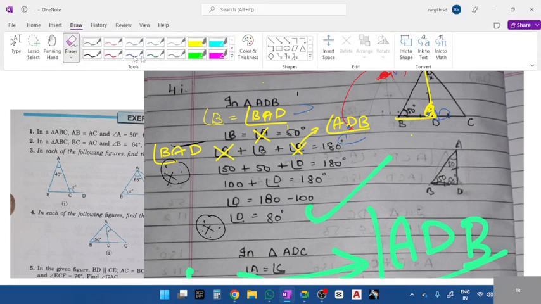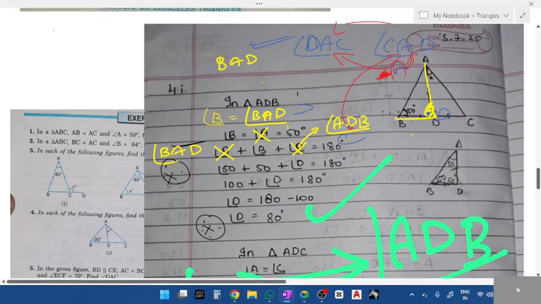Other things are correct. Other things are fine. Only this calculation. So ADB is equal to 180 minus 50 plus 50, not D. What are you supposed to write? ADB. In the last, what is the value of D you get? What have we written here? D is equal to